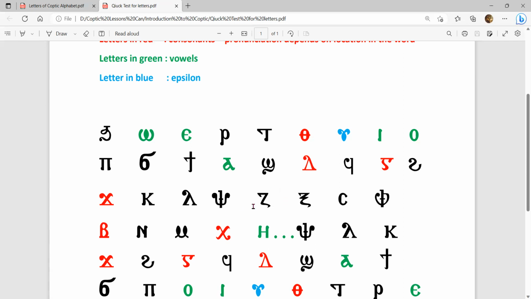Then the zeta, like the Z in zebra, so it's a zeta, Z, zebra. The XC is like when we say extra, extra. And we hear it often in the liturgy when we say doxa patri, doxa. Okay. Then